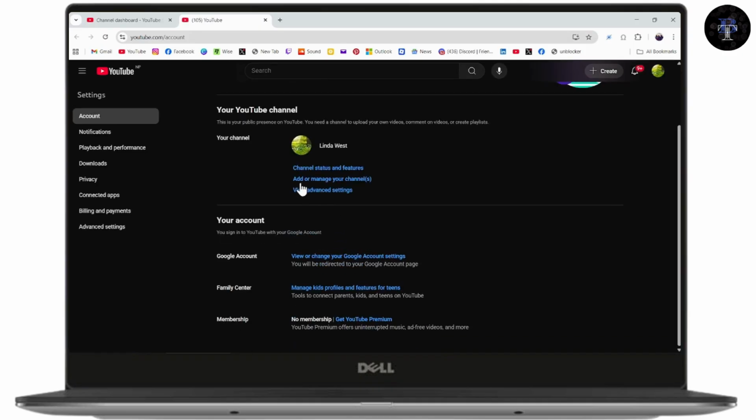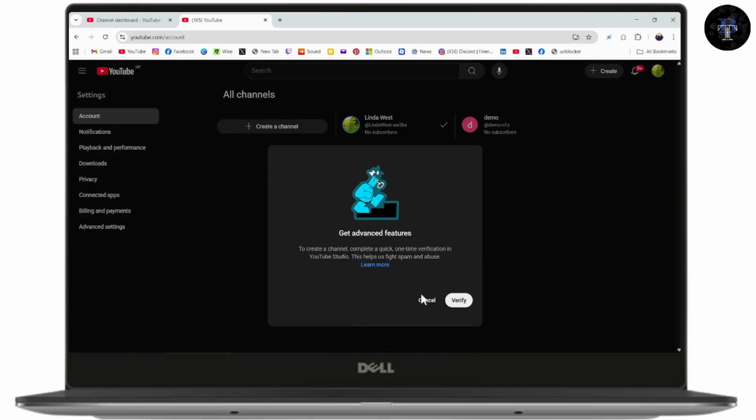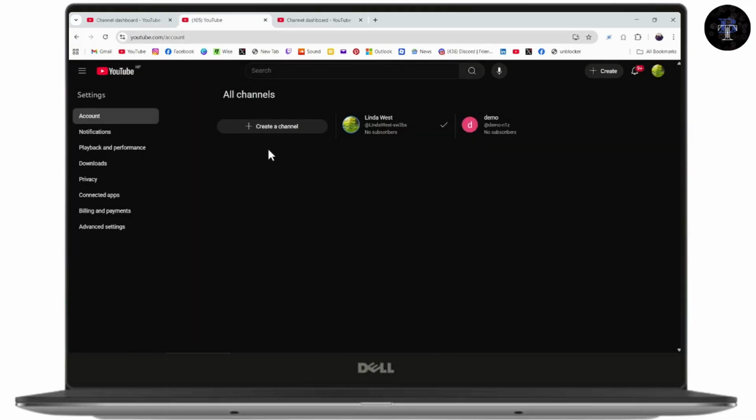Now you will have an option of add or manage channels. You need to go with add channel. And I've already added a few channels right here. So you need to go with create a channel if you don't have a channel. And then you need to go and verify. You need to go with one-time verification. So go with verify. Once you verify, you'll be able to create as many channels as you like on your